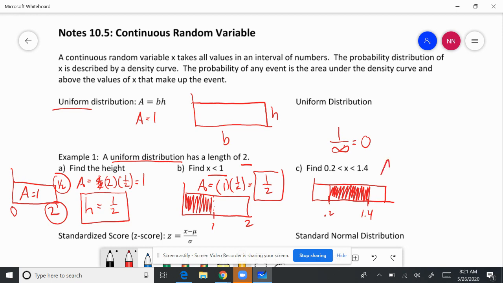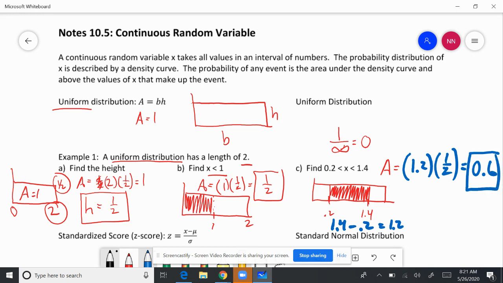Now, if we're trying to find the area, we have to figure out our length. So what is the difference between 1.4 and 0.2? That would be 1.2. So our base is 1.2. Our height is the same, it's 1/2. Half of 1.2 is 0.6. So that means that the area, or the probability, is